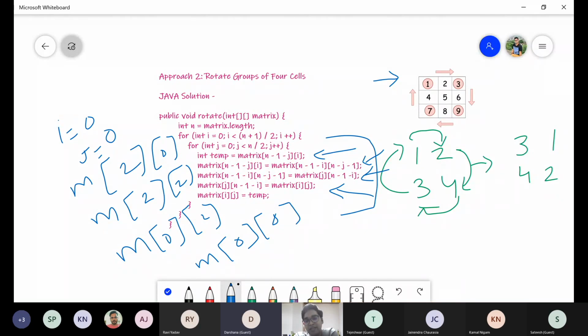And I would suggest everyone please try to practice both the approaches, because it will open up the thinking power of your mind. You can think in different directions for different kinds of problems, because you might not face this similar problem in your interview, but you might face a different problem which can be solved using these logics only.